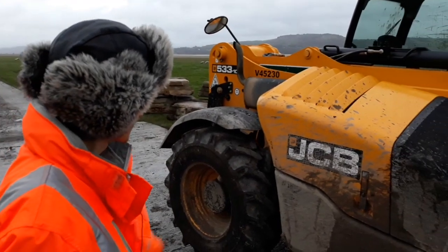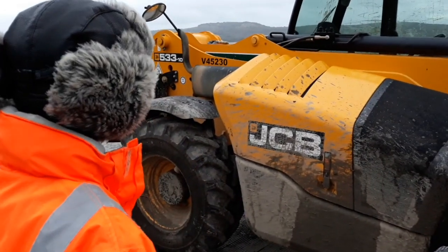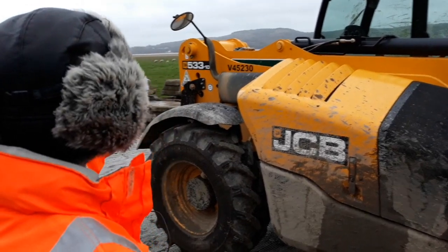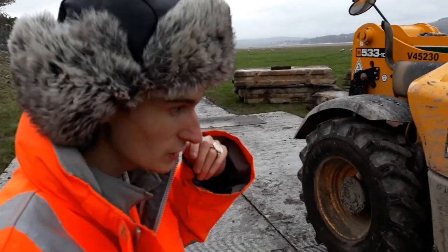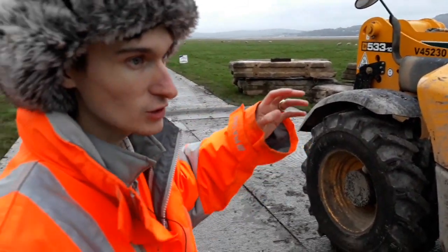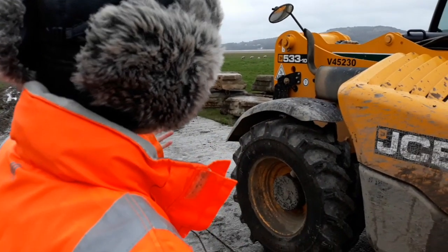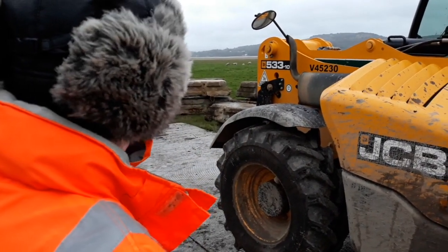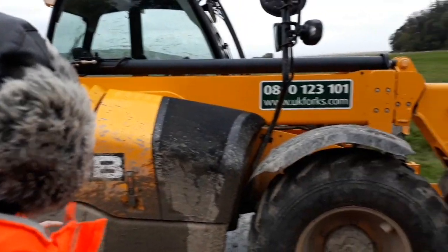So this is the telehandler they've got, and it's all covered in dirt like the other one. And I think this is to move what they delivered the other day, those big concrete barriers. So I don't know what they're for. I don't know if they're going to put them around the machine so when the sea comes in, they don't batter them, or if they're going to use them when they reinforce the wall. I don't know what's going to happen with them. But this telehandler's really good. I think it's one of the ones that's got